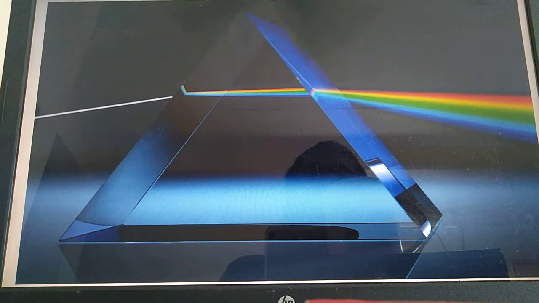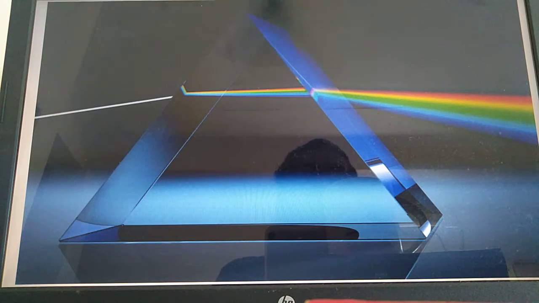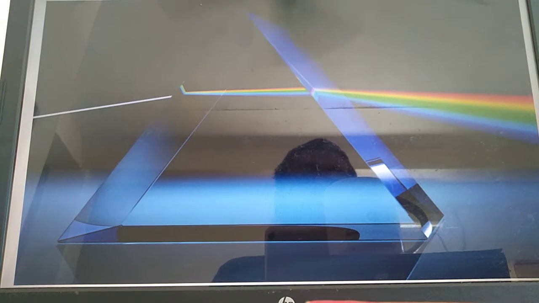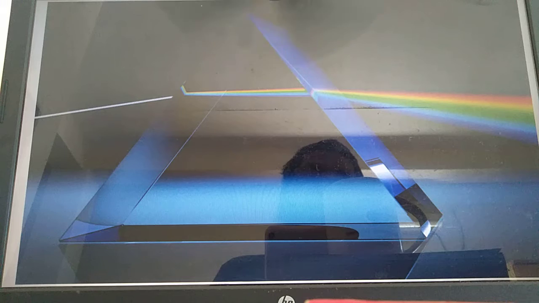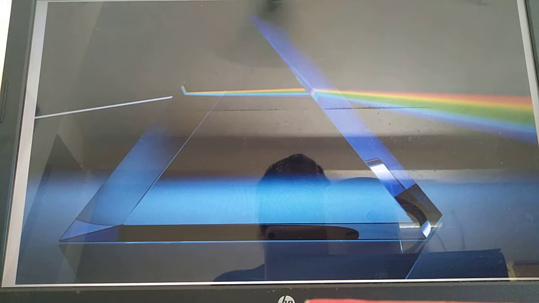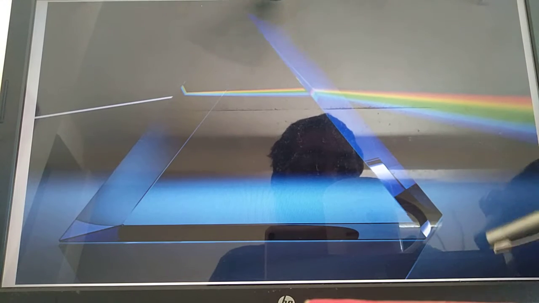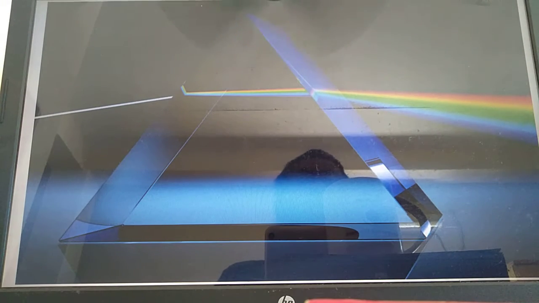The phenomenon is that when light passes through the prism, the light is divided into its components. We know white light is a compound light. There are 7 colors in white light, and when this white light passes through the prism, the colors are divided into their components, and as a result we get a spectrum. If we place a screen here, we get a clear spectrum. Why does this happen?